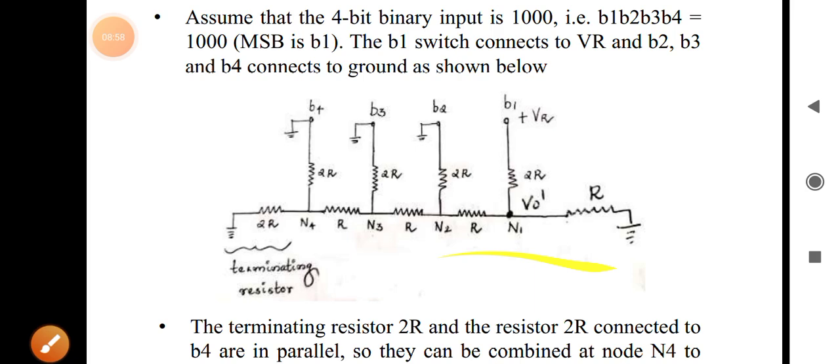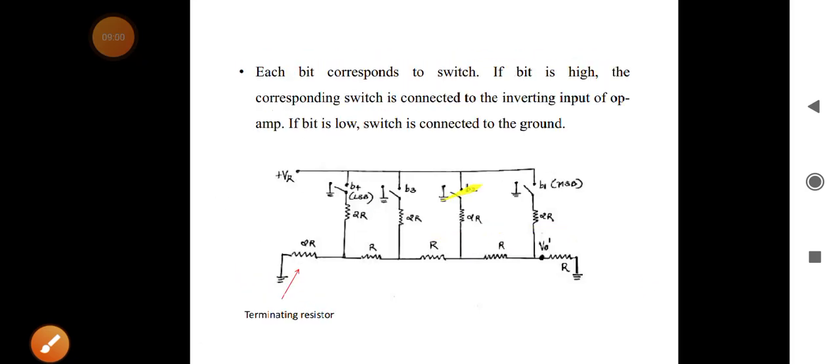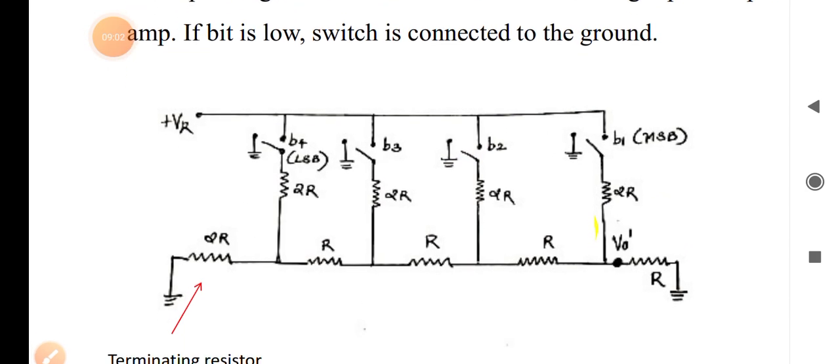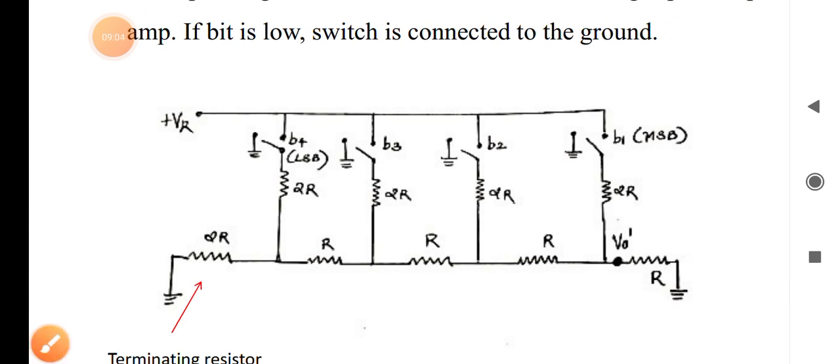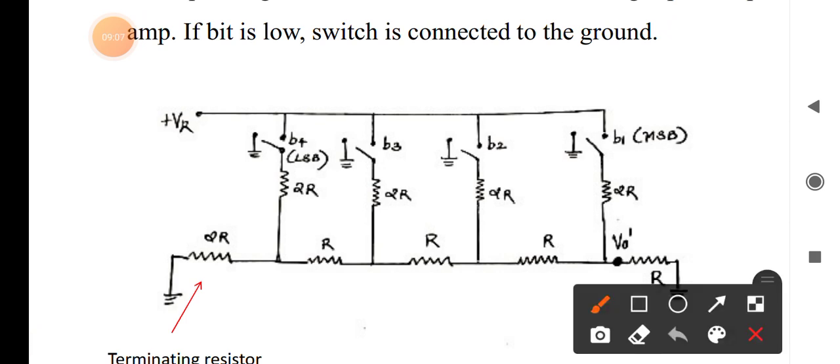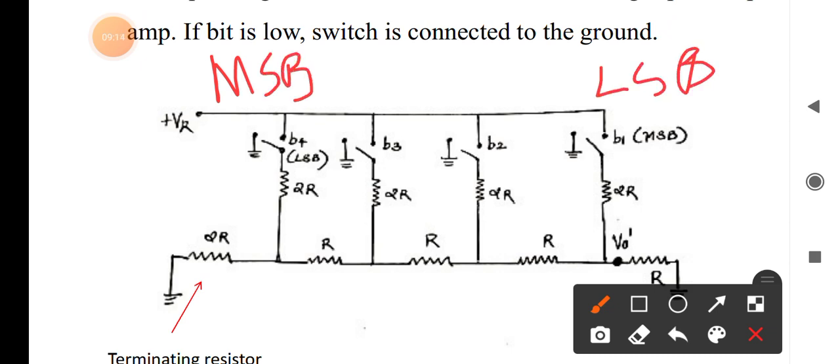Now next you see here. This is the ladder type. There is no need to have any confusion in this network. I am putting this as the MSB and this as the LSB. I am putting the value 0001. As the bits are 0, those switches are open, and I am just connecting this one to the LSB.